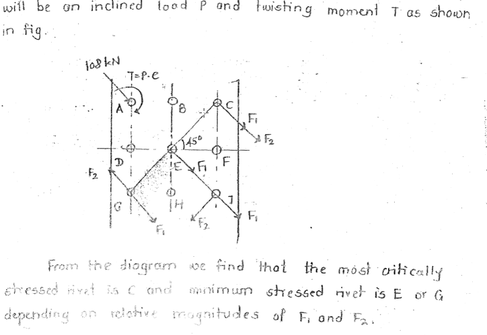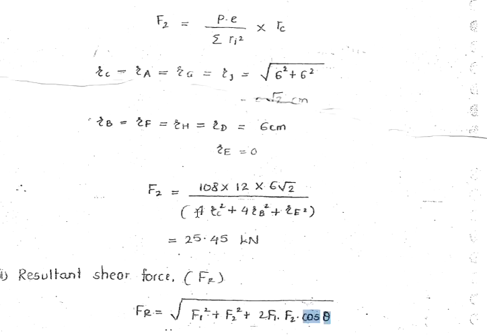So at C, between F1 and F2 there will be no angle, theta will be 0. On the other hand, if we look at G, F1 and F2 will be in the opposite direction, so theta will be 180 degrees. At C, F1 and F2 will provide the maximum value of the applied forces. At G, F1 and F2 will lead to the minimum value of the applied forces.